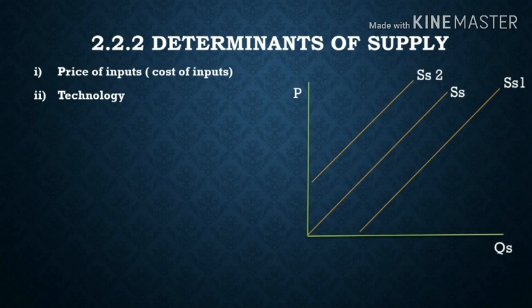So the second determinant of supply is technology. ምን ማለት ነው? if technology advances, what will happen to the supply is the question, okay? As a producer if you advance your technology of production, ማለት ከማኑዋል ቤዝድ ወደ ሜሽነሪ ብትሄዱ, in a sense that if you improve your technology from labor intensive into capital intensive ብትቀይሩ, what will happen to the production? will improve, output ይጨምራል። ስለዚህ output ጨመረ ማለት ሰፕላይ ጨምራል። ሰፕላይ ጨመረ ማለት ደግሞ ከኤስኤስ ወደ ኤስኤስ1 shift ያደርጋል ማለት ነው ሰፕላይ ከርቭ። ኦኬ,